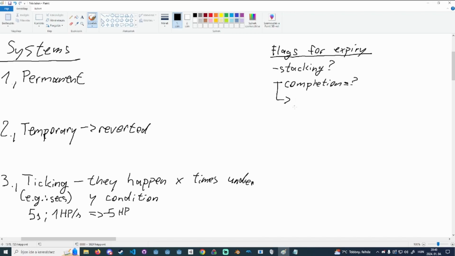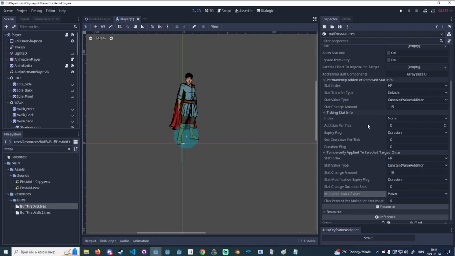First, we pick a flag that can say our debuff has been completed and the effect is done. We may also want to revert it, obviously. It could be a timer, the fight being over as well, or a turn being over, just to name some examples. You can also see here we have